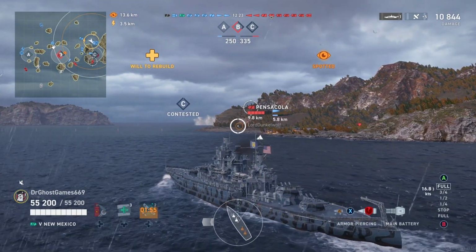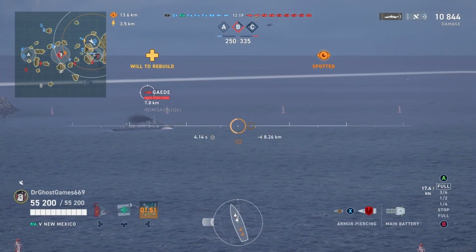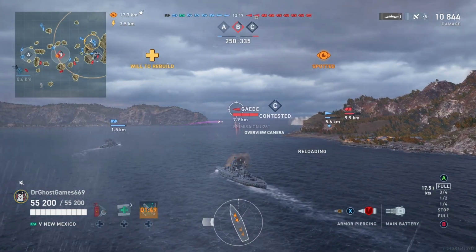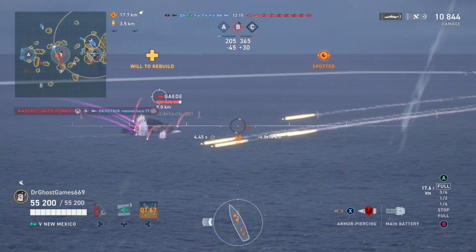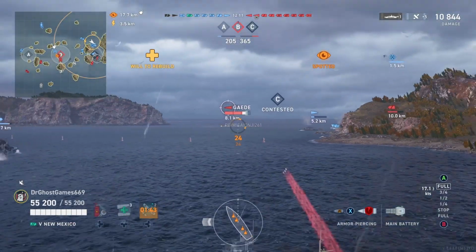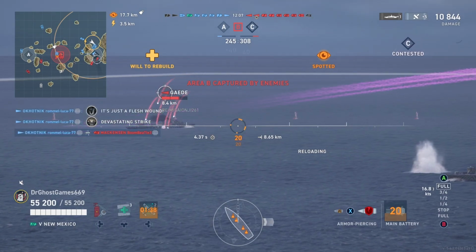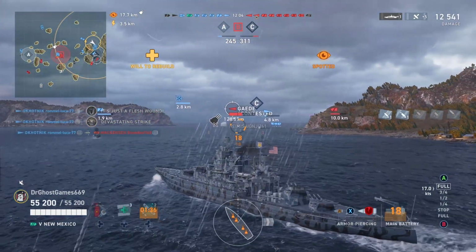I'm hoping that we'll be able to, but then the Pensacola pops up, but he's behind the island, but then the destroyer pops up again, and this time we are ready, we got a shot ready, and of course the dispersion is like, screw you! Oh man, you gotta love it, right? RNG in this game never fails to disappoint,